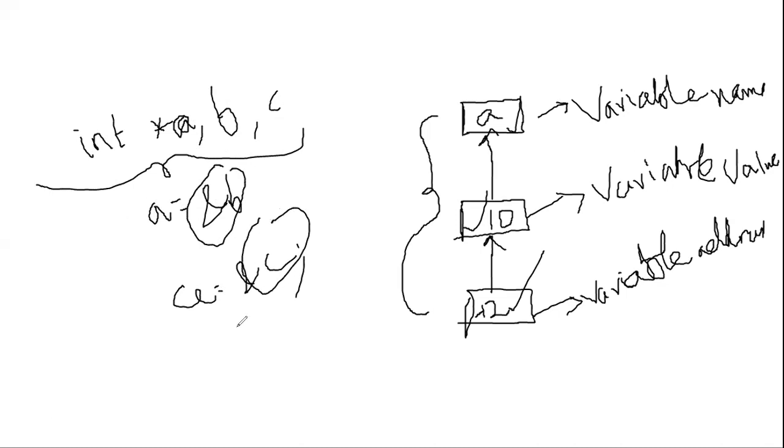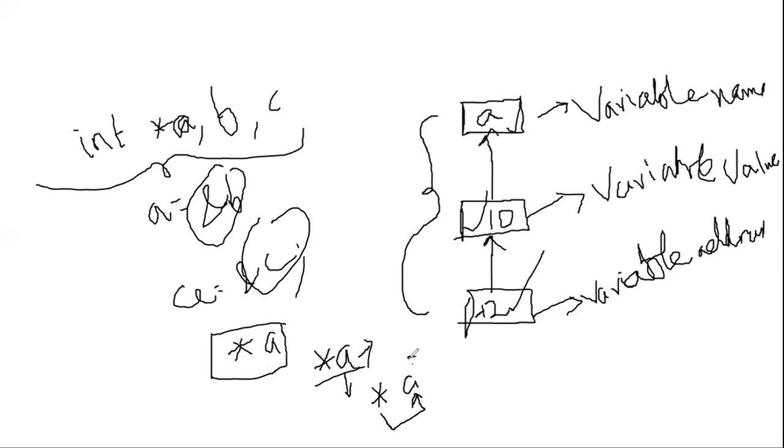A number of people think that when you display *A, it displays the address. No, that is not correct. When you display a variable like this, it displays the value in this address. So *A displays the value in this address. That means A can store some variable address, like &C or &B or &D, whatever it may be. The star operator always retrieves the value located in this address. So that is about pointers.